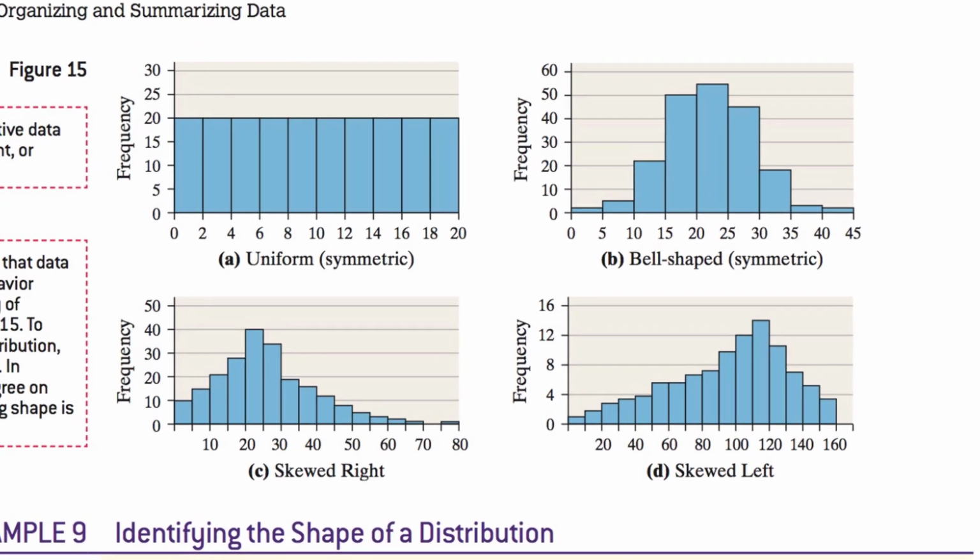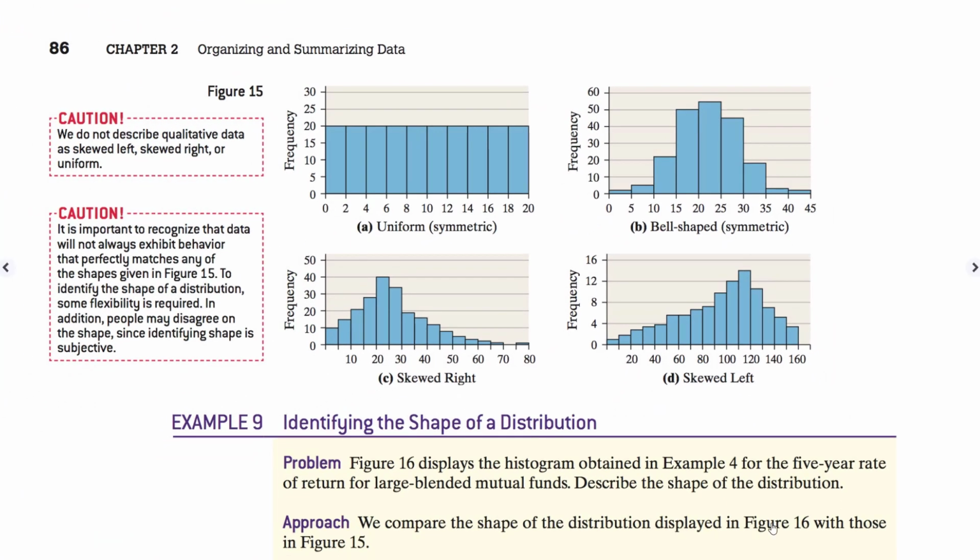And so it's definitely not uniformly distributed like you see in figure A. And so I would say it's between B, C, and D: bell-shaped, skewed right, skewed left. And so if we take a look at the calculator,